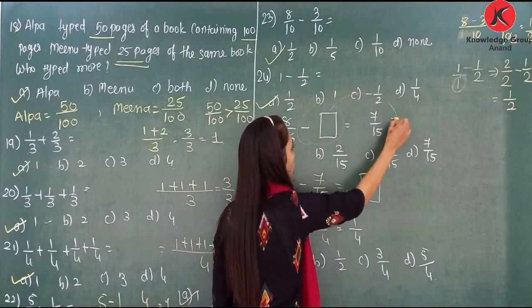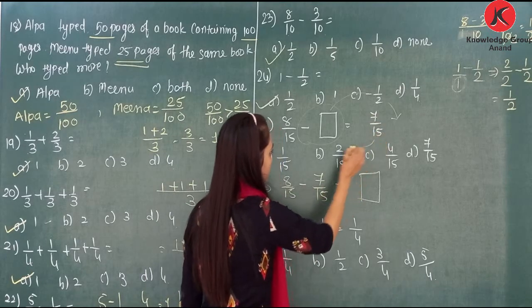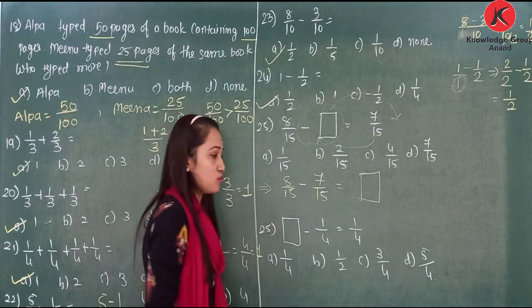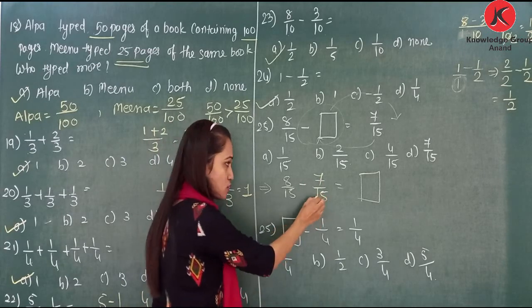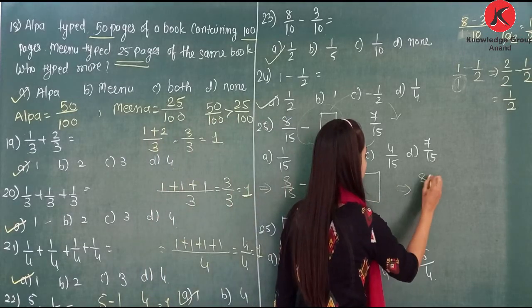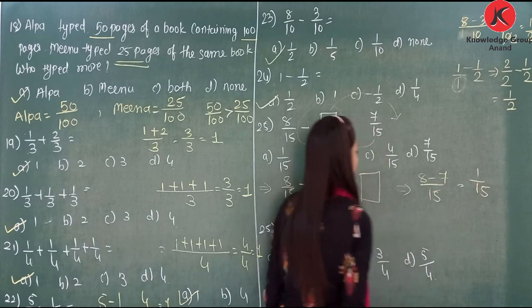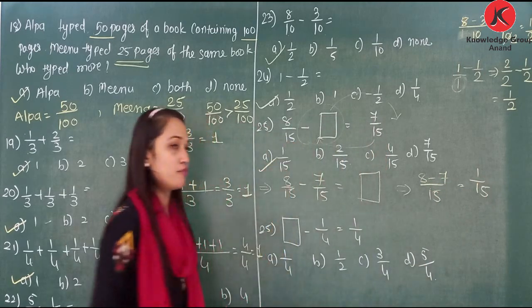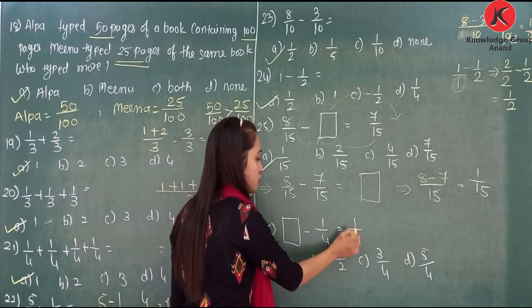Take this one to this side because we need to find that, and 7 by 15, which is positive, becomes negative. So it is minus 7 by 15. So the denominator is the same, that's why we can directly write 8 minus 7 by 15, so that is 1 by 15. So the answer is